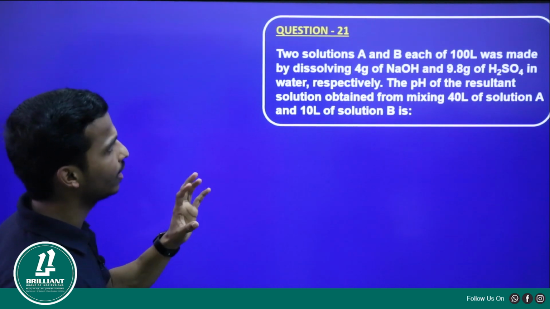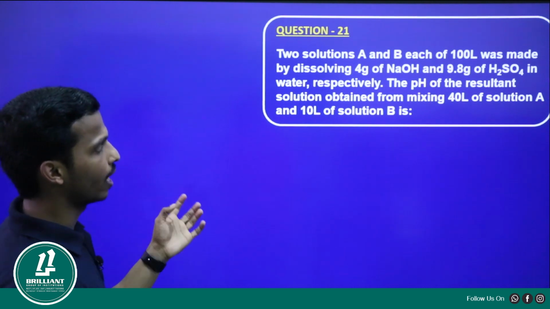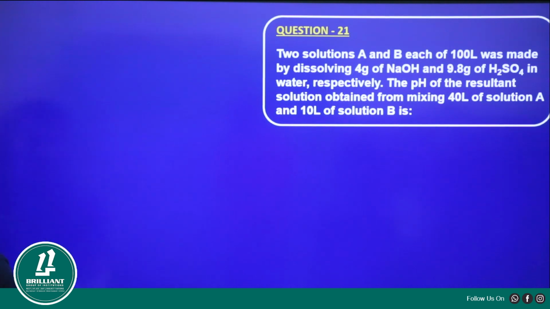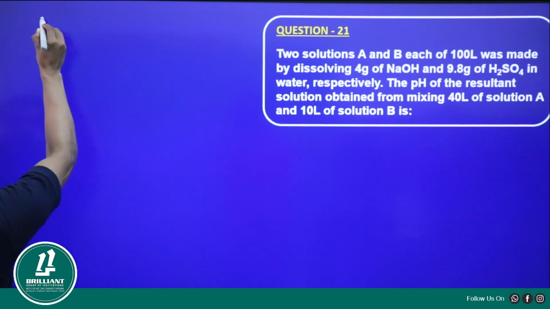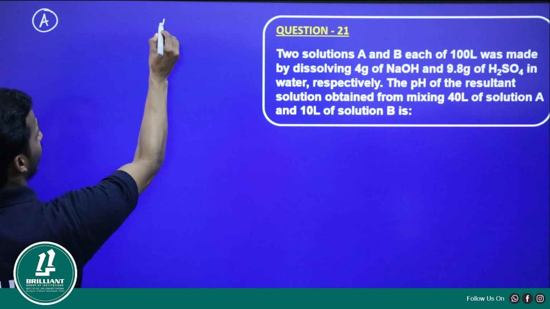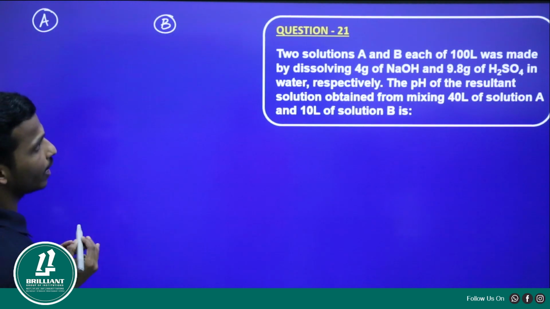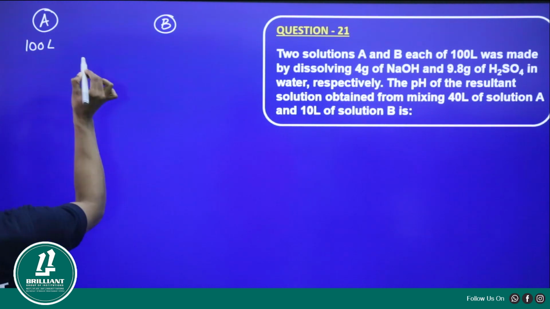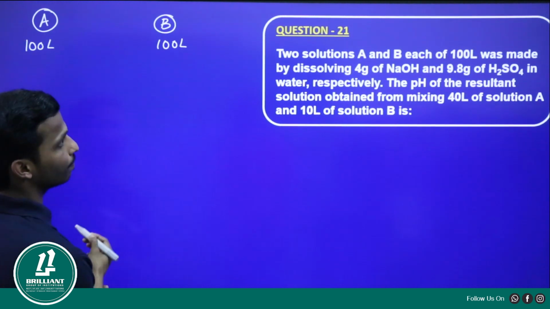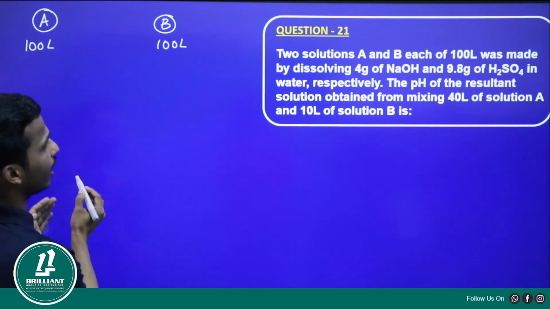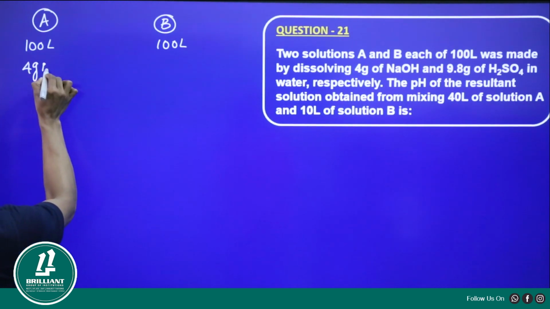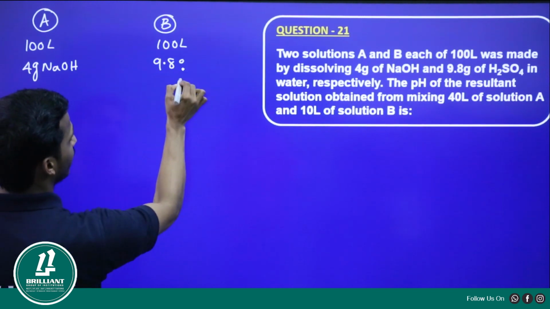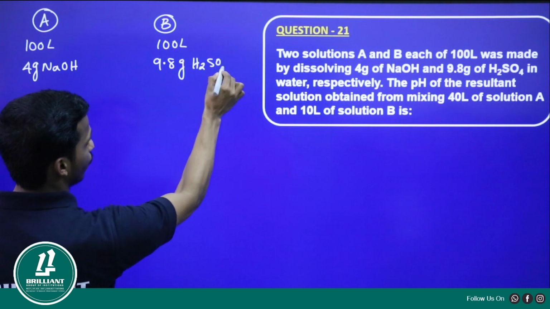Each of 100 liter was made by dissolving 4 gram NaOH and 9.8 gram H2SO4 in water respectively. Okay, fine. Let's take two solutions. One we have solution A and we have solution B. What are solutions A and B? Each of them is 100 liter. So let me take 100 liter of A and 100 liter of B. The first solution contains around 4 gram NaOH and the second species contains around 9.8 gram of sulfuric acid H2SO4